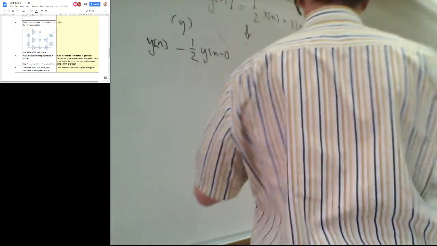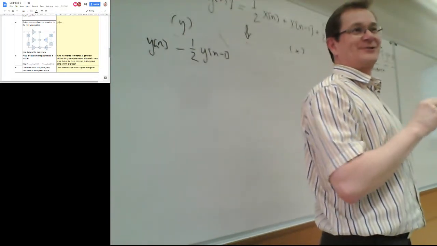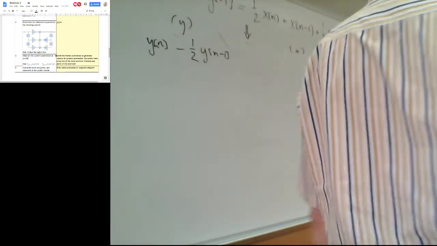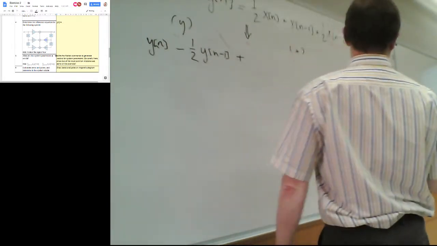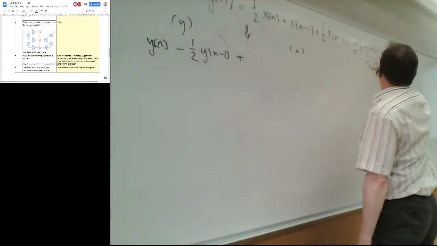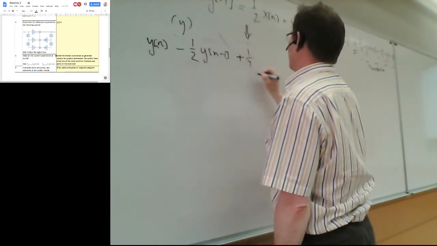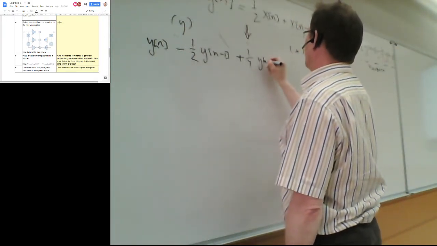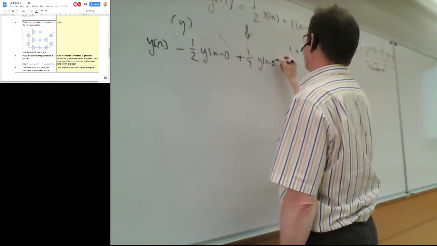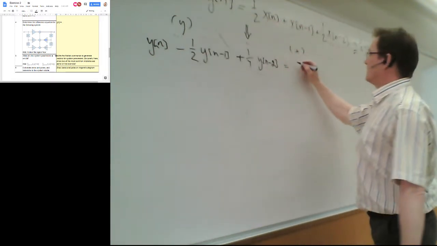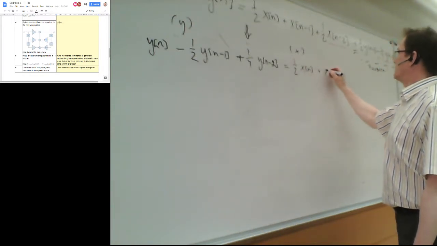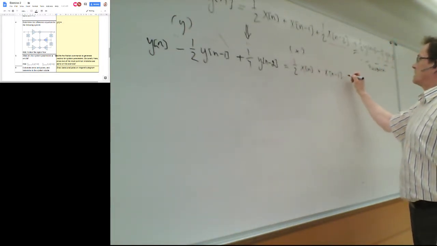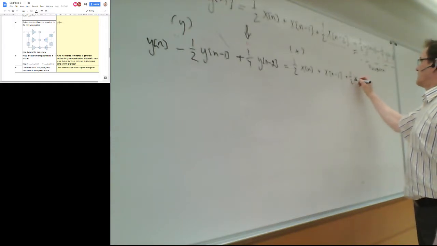It has always happened. So every fifth student makes a sign error on this exercise. Please prove me wrong. Okay, that minus goes to plus on the other side. yn minus 2 equals